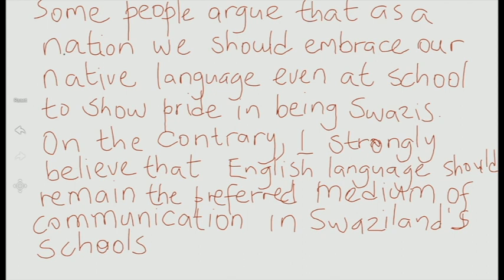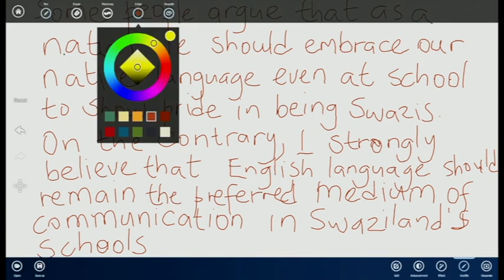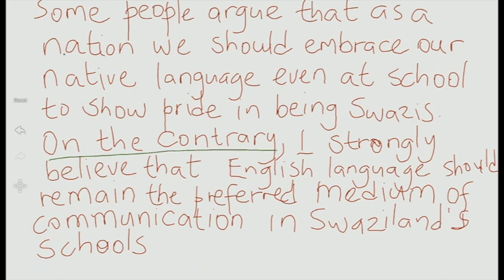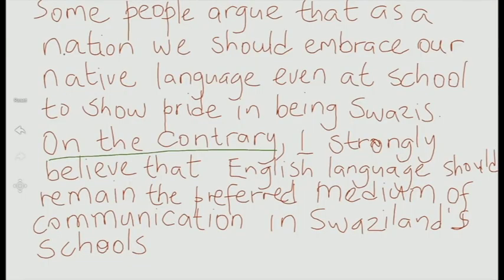So there we go. You begin with what you said is the concession phrase to show contrast, "on the contrary", which is contrary to what they believe, contrary to what they claim, that we should embrace our own native language even at school to show pride in being Swazis. You'd say then, to show that you have got a differing opinion to that, you introduce that with what? With a concession phrase or with a phrase for contrast, which will be "on the contrary, I strongly believe",